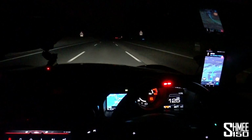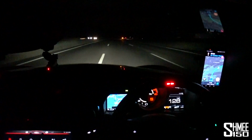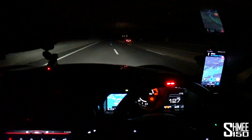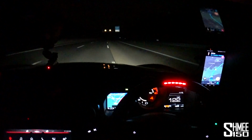And if you're wondering why I use Waze, yeah, I do have to speak pretty loudly actually with the noise of this. If you're wondering why I use Waze, it is not that the Ferrari inbuilt navigation has any particular issues. It is purely that I like the live traffic and data and other details you get from Waze, and